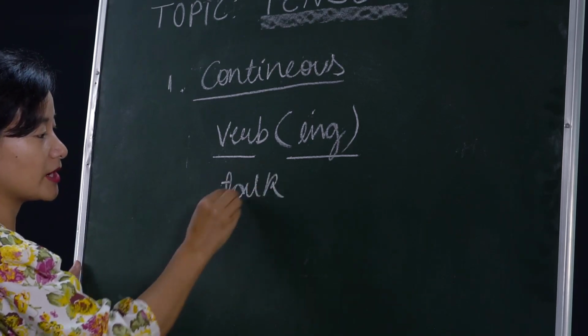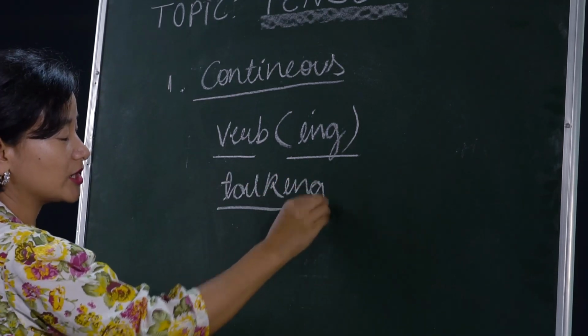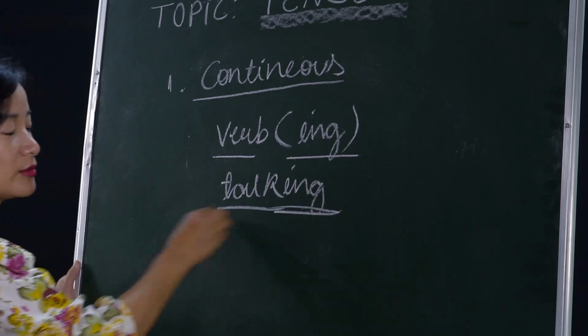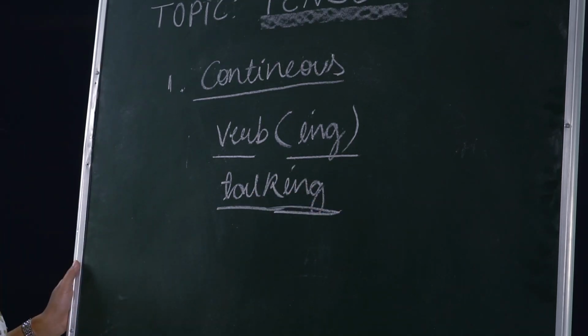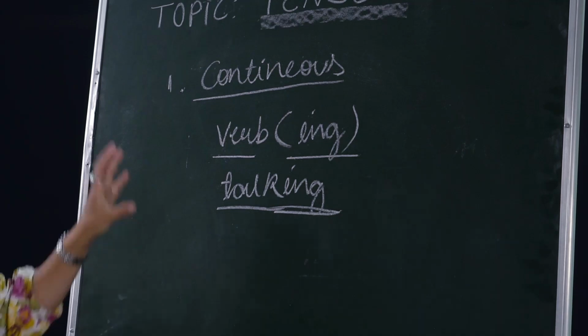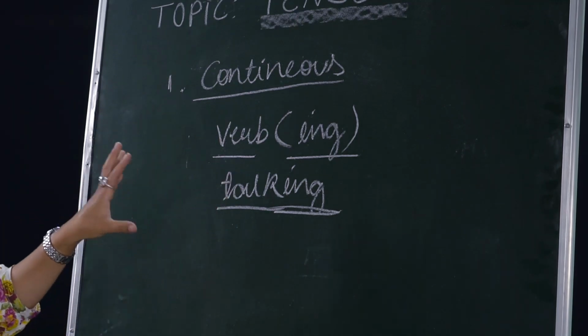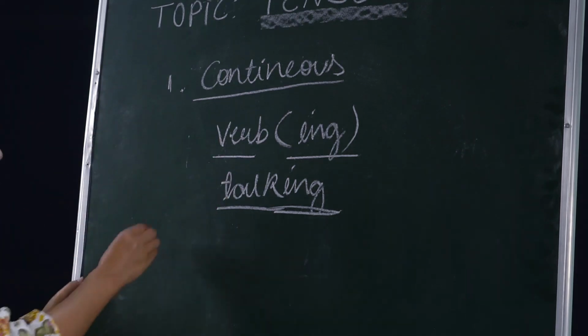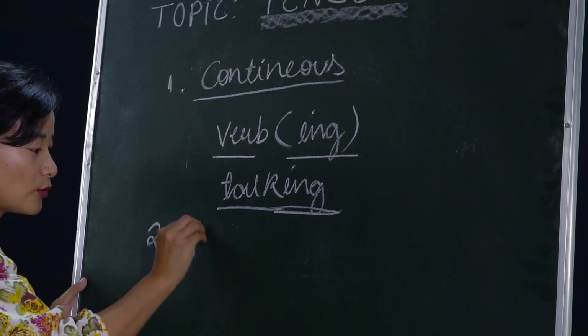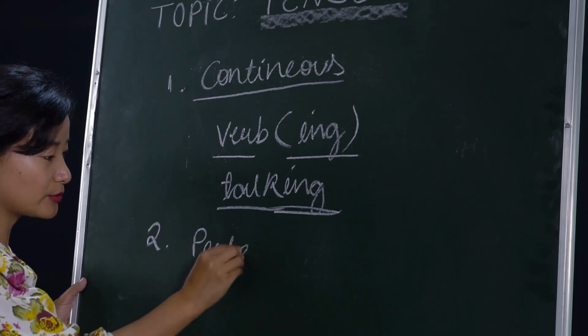Talk is the main verb here. If I add an ing, it turns into a continuous tense. So these rules apply in all the different parts of tenses. So that's number one. Number two, you need to know what we mean by perfect, because we would also be